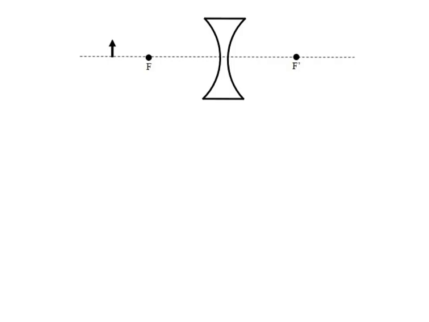An object is placed near a diverging lens beyond the primary focal point, shown in this figure. So we'll draw the ray diagram, and as always, I'm going to start with the dotted line down the center of the lens, where everything's going to change direction. The first ray we'll draw is the P ray, which runs parallel